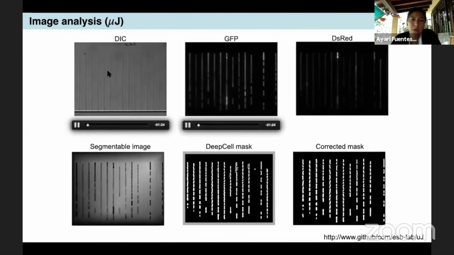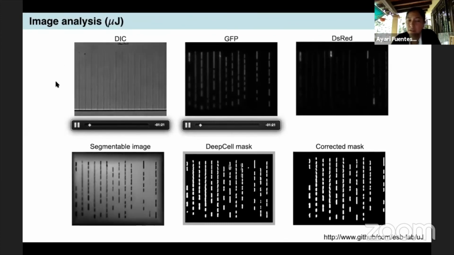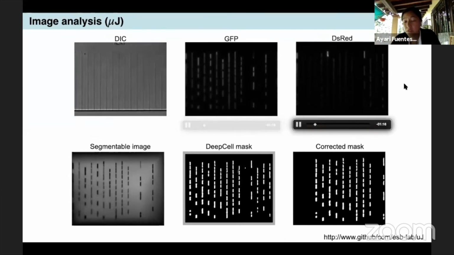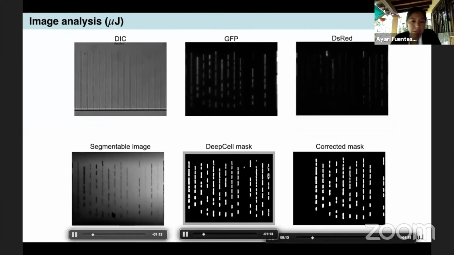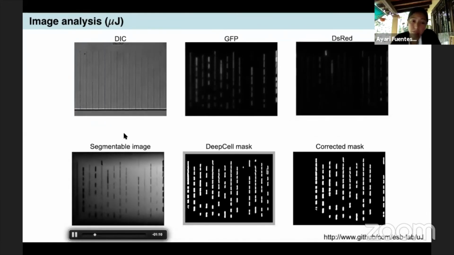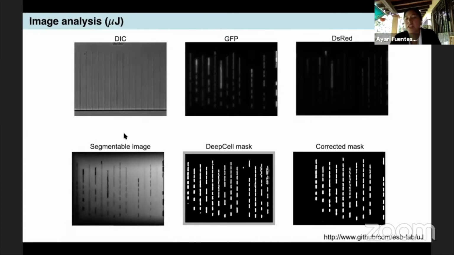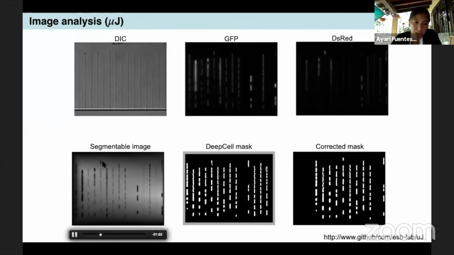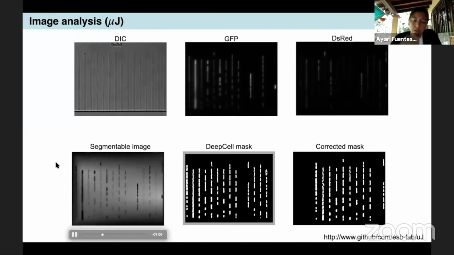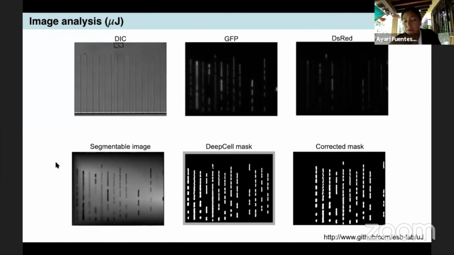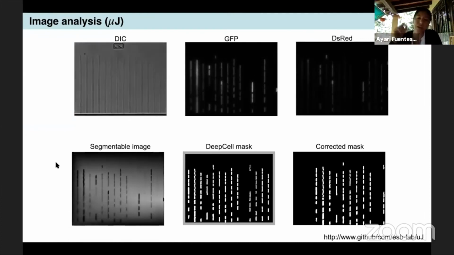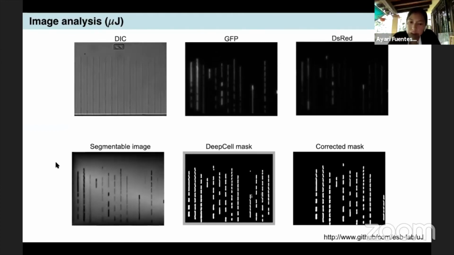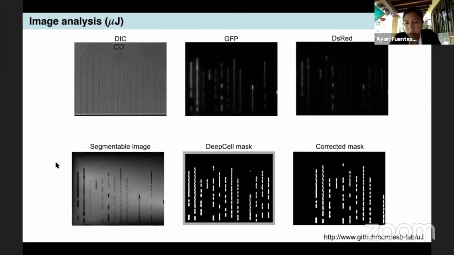Once we have this, we have three different images: the DIC, which is normal light, GFP, which is the green one, and DS-RED, which is the red one. Then we first have to do image analysis in order to see the frequencies of the plasmid within one cell. So we do a segmentation image like here, and then we have to make a mask of those cells. We have to see which one is a cell in order to track it. For that, we use DeepCell, which is an open source algorithm